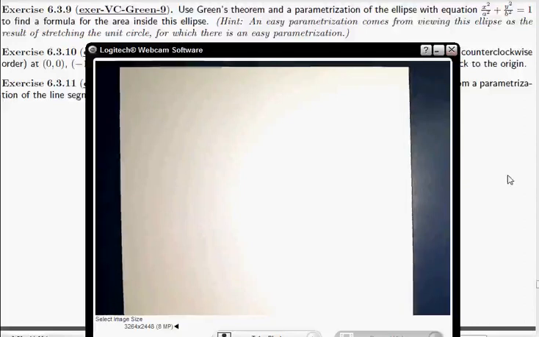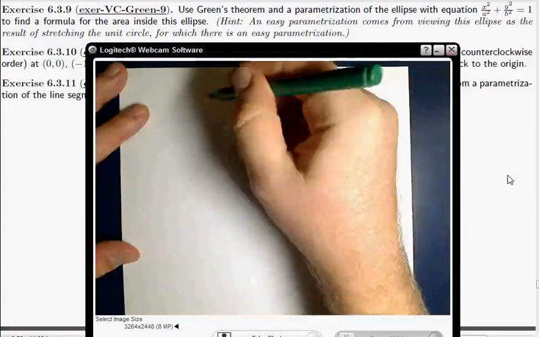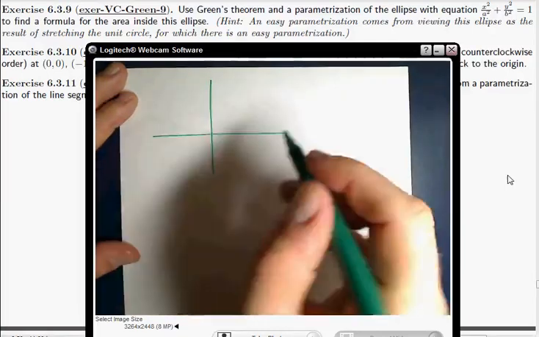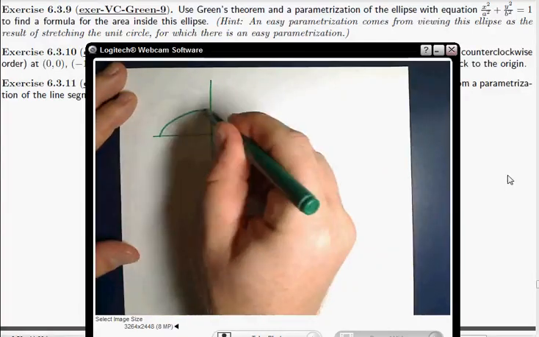Okay, green 9. So the point on this one is that we're actually going to do something a lot like we did in the previous problem. We're going to parameterize this thing, and the hint, in fact, gives a nice point of view on how to parameterize this ellipse. So, for example, note that if you have an ellipse like so,